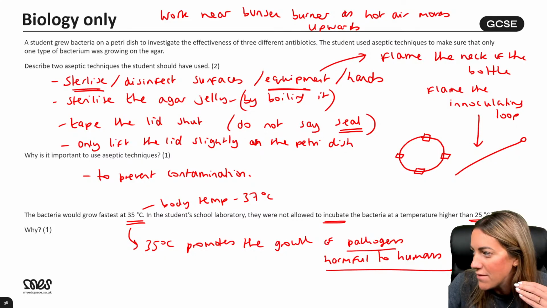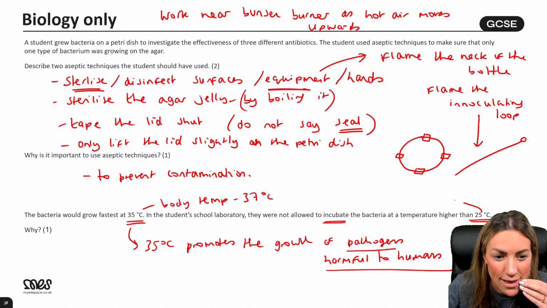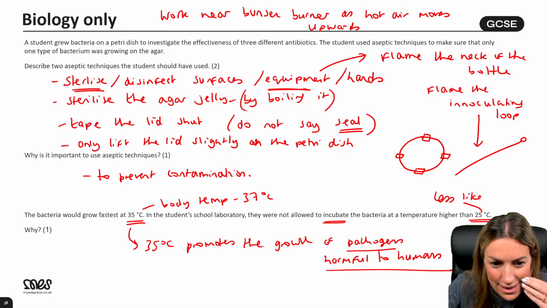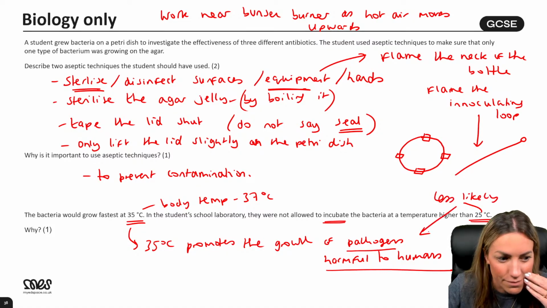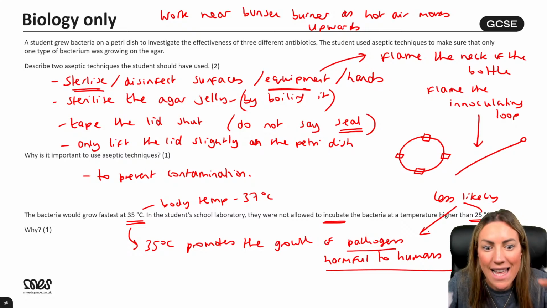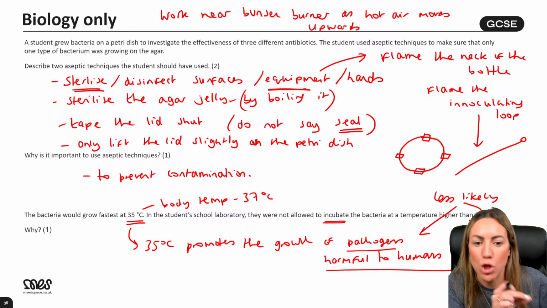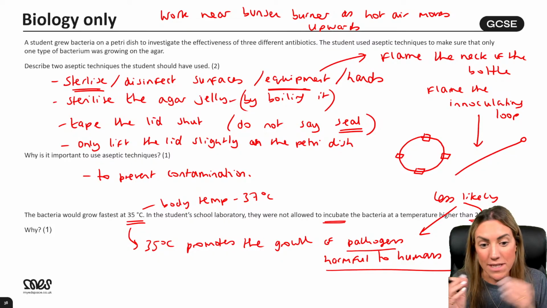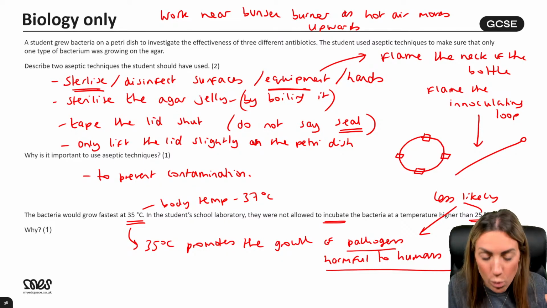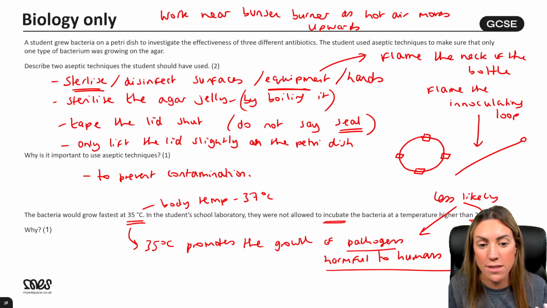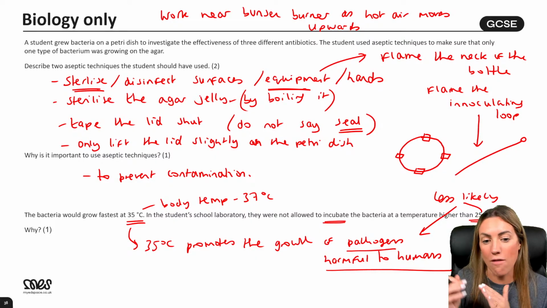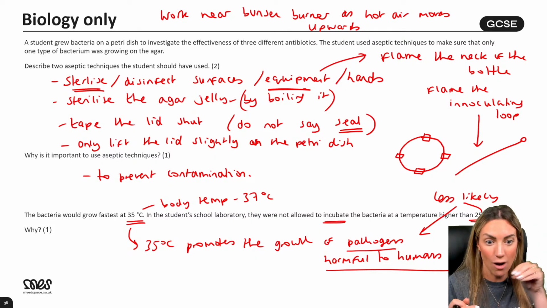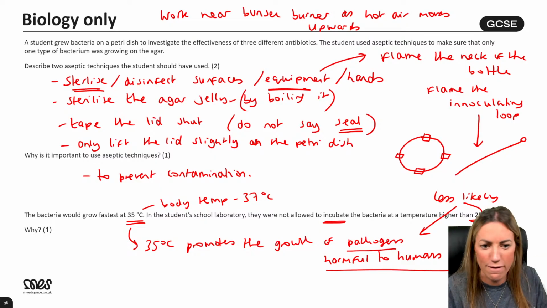Whereas at 25 degrees, you could have said the opposite, that it's less likely to grow pathogens that are harmful to humans, that are harmful to students. Don't just say less likely to grow pathogens. You did have to specify this is in a school, we've got lots of people, lots of students. We don't want to promote the growth of pathogens that could be harmful to a human or a student or infectious, right?